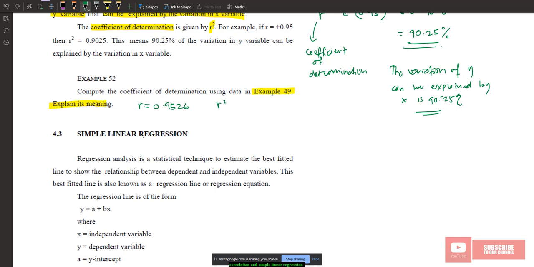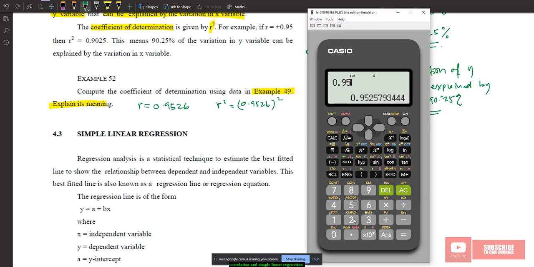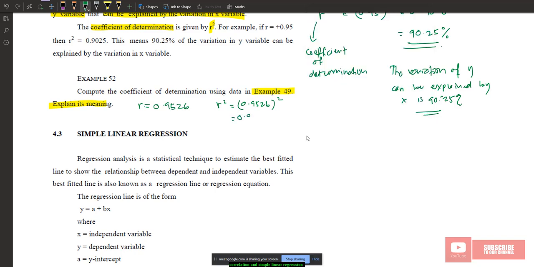So R squared is equal to 0.9526 to the power of 2, which is 0.9074, which is also equal to